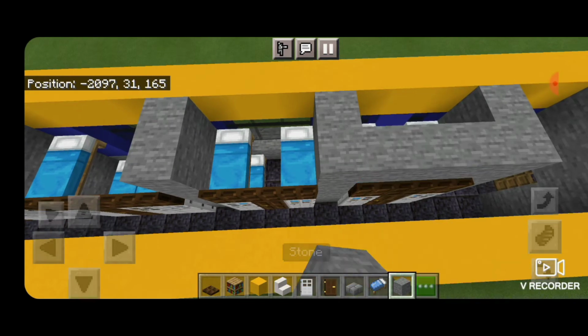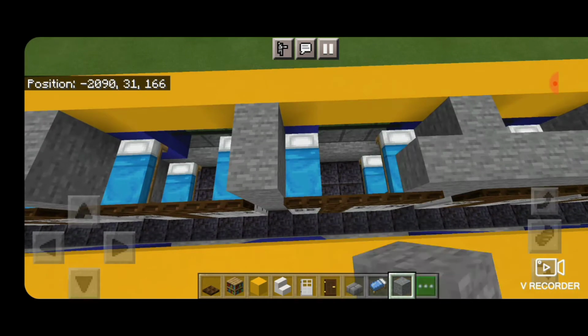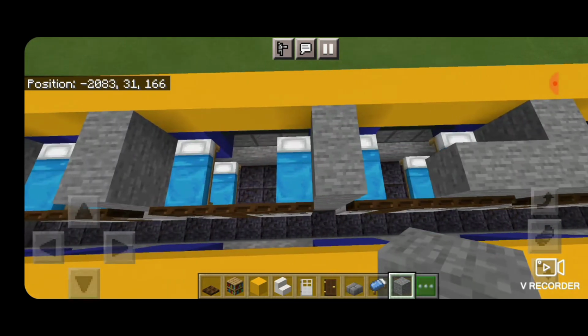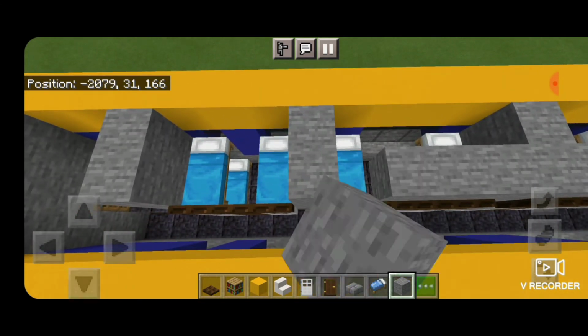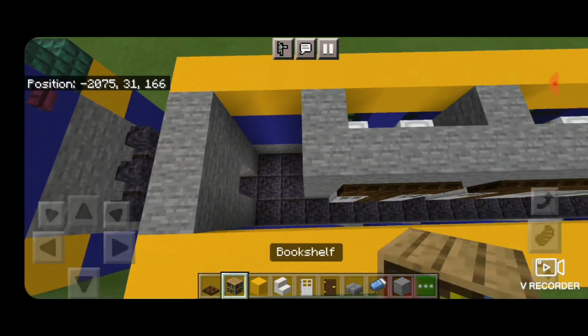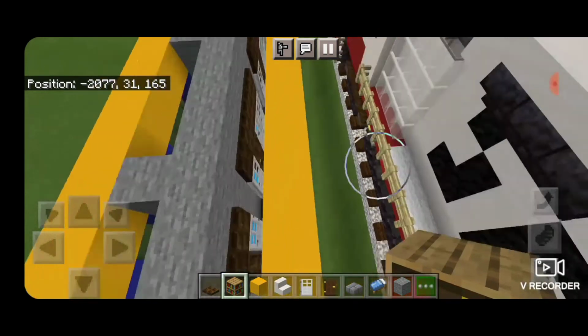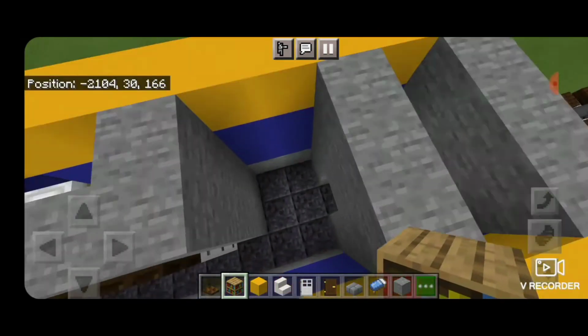Then we're going to switch to a stone block, and we'll go ahead and fill in the very top of these walls with stone blocks. And just bring that all the way down to this end here. Then we're going to take out a bookcase here and make a 2x3 on this end, so there's like some baggage shelves. We'll do the same thing